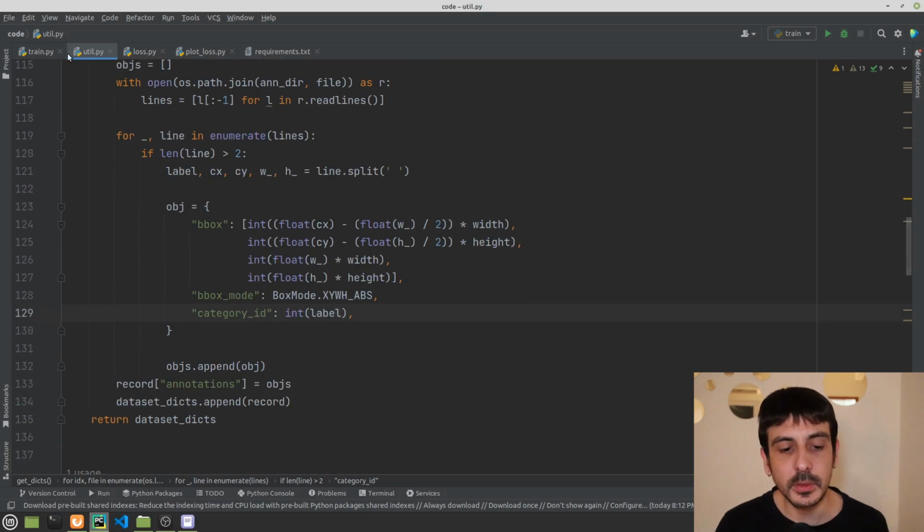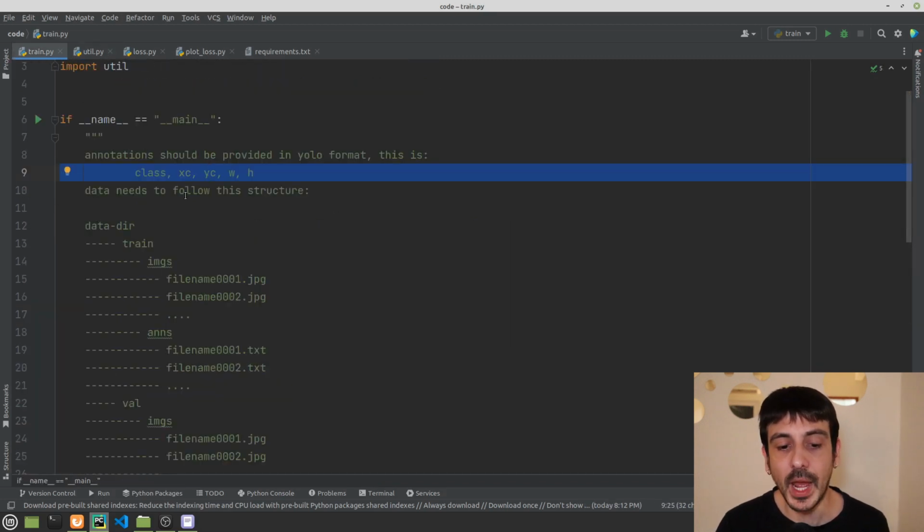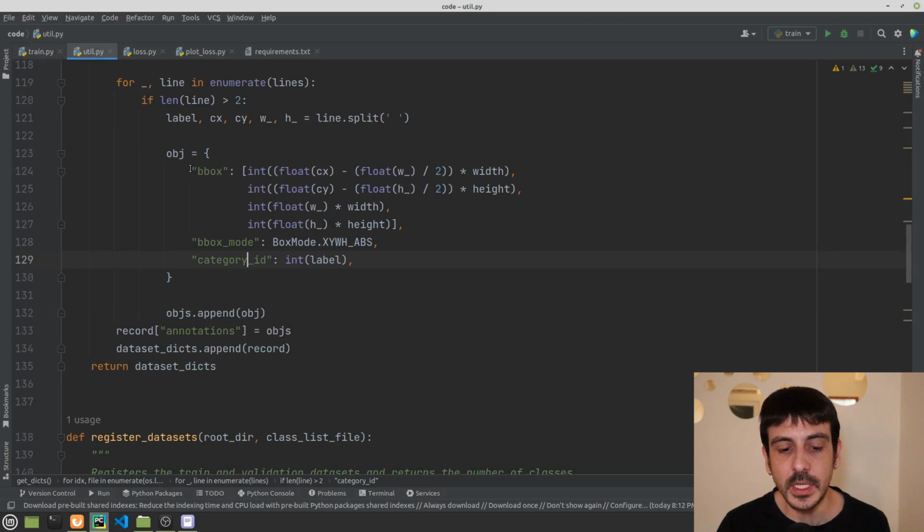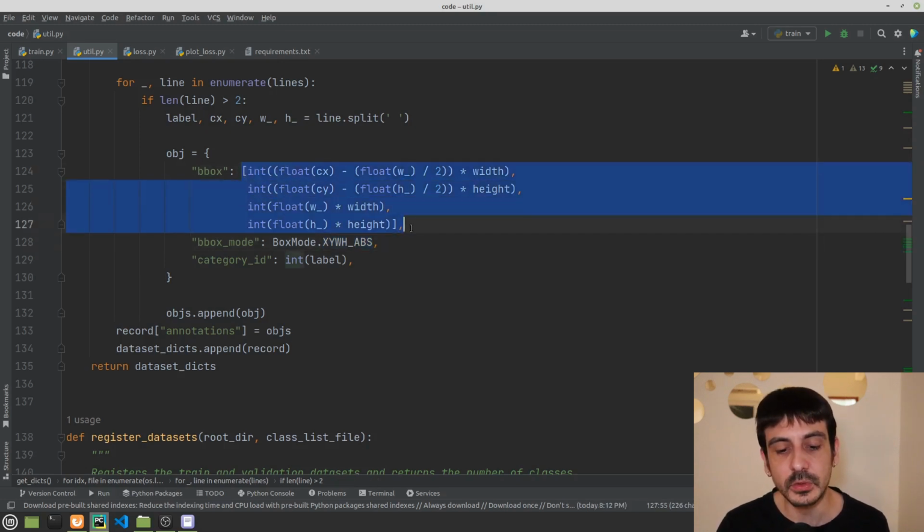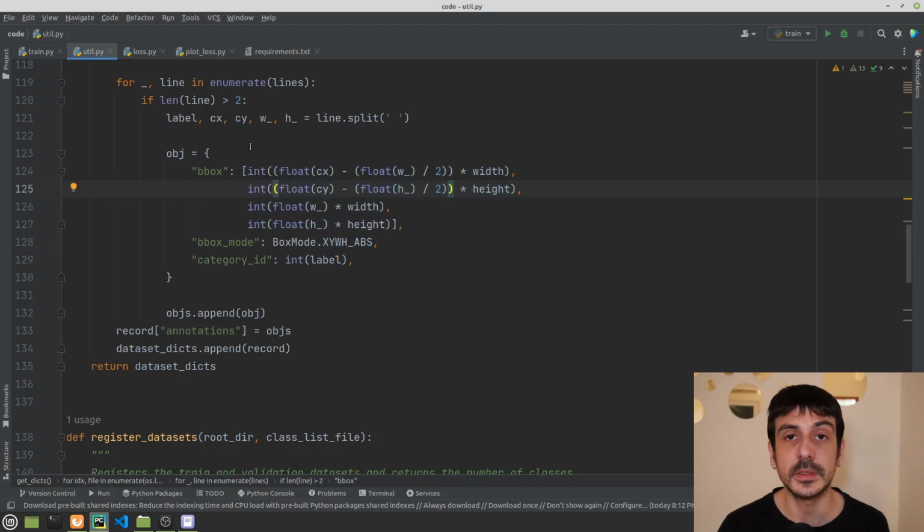And something that's very important is that if you remember, our annotations are specified in the YOLO format, which means it's the class ID, and then the X and Y position of the center of the bounding box, and then the width, and then the height. And we are converting the annotation into another format, which is XYWH in absolute coordinates. This may be confusing, but just remember that we are taking the annotation which is in the YOLO format and converting it into this other format.